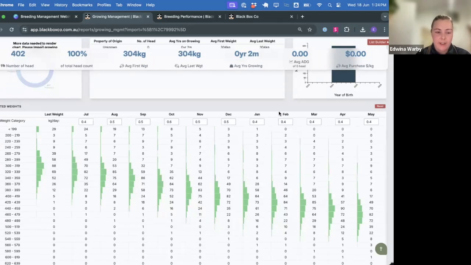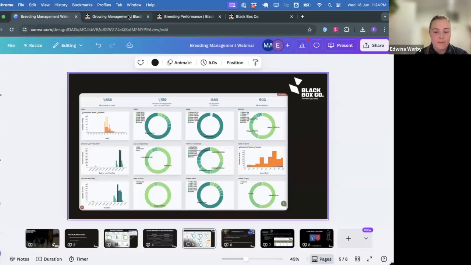We've seen clients pick up really interesting trends around those that are really pumping along. High ADG animals have not had a very successful AI result compared to those that have just been on a steady rising plane of nutrition, which have had a lot better results. So I'll leave that to the experts, but I guess this is really allowing you to dive into those particular performance results and identify if there are any trends or correlations